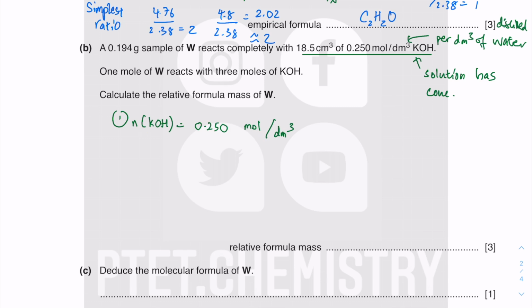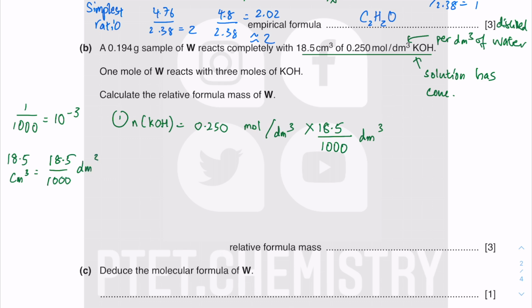This is mole per dm cube. I need to multiply by volume because this is over dm cube. I need to multiply this by volume. The volume, you need to convert it to dm cube, so I can divide by 1,000. If you do maths, eventually you will see that 1 over 1,000 is 10 to the power minus 3. So 18.5 cm cube is also equal to 18.5 over 1,000